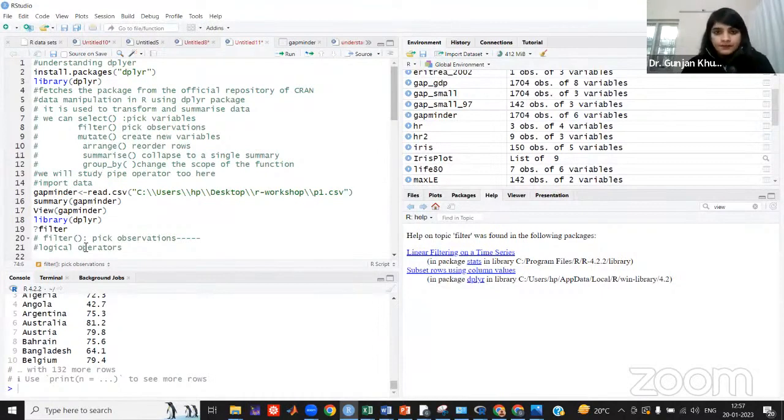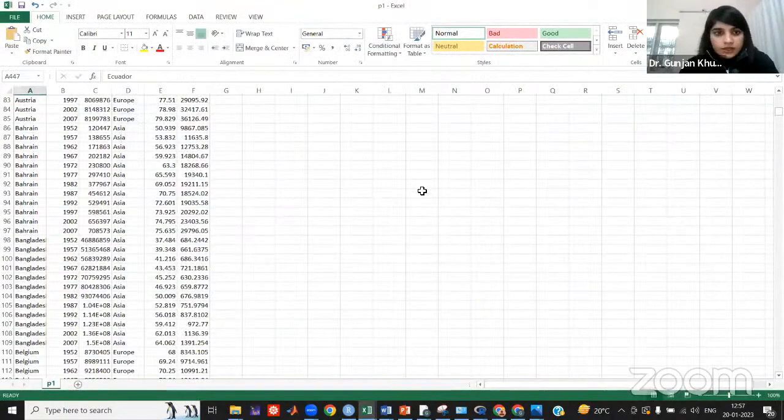You can find summaries. You can see the data of groups, group by continent. All this is there in the dplyr package. The more you spend time with the software, the more you will be able to understand it. And since we have 33 minutes left, I think now we should start our new